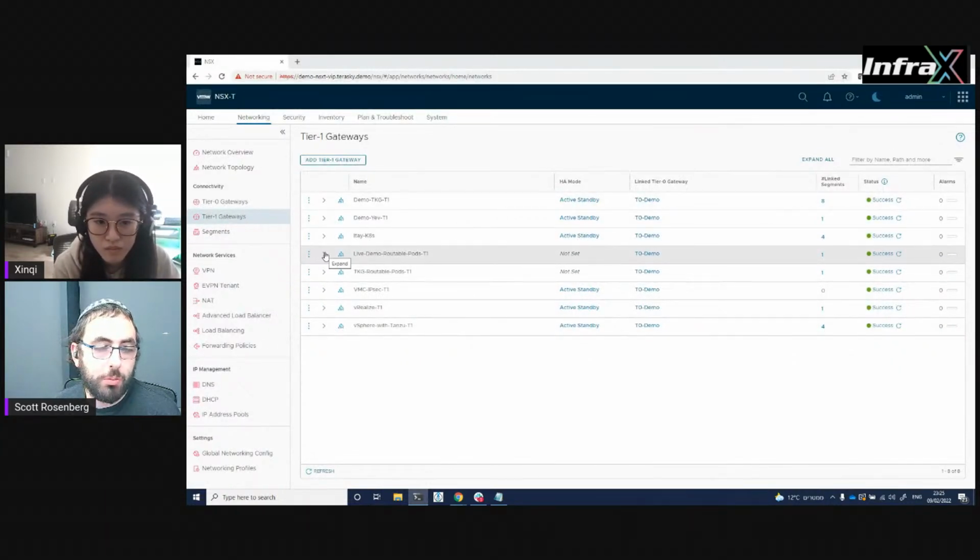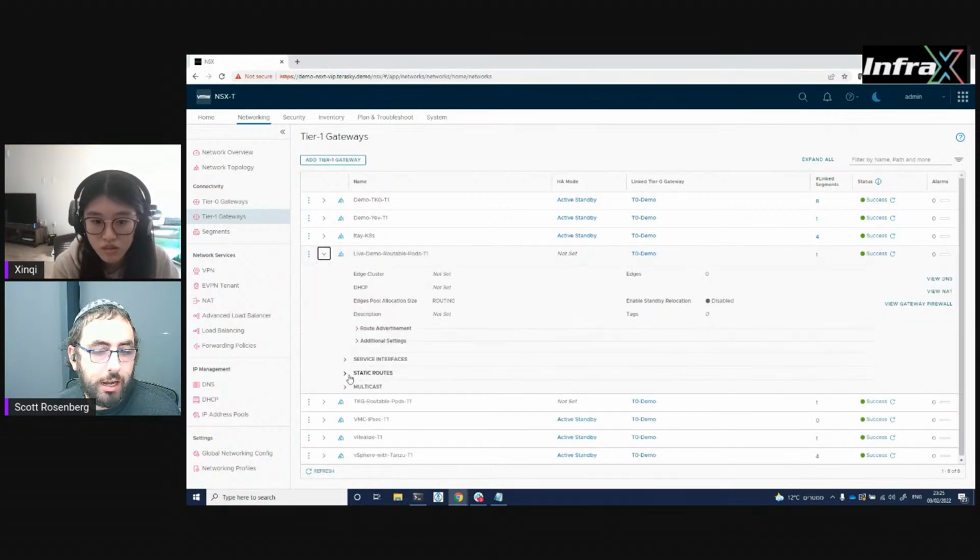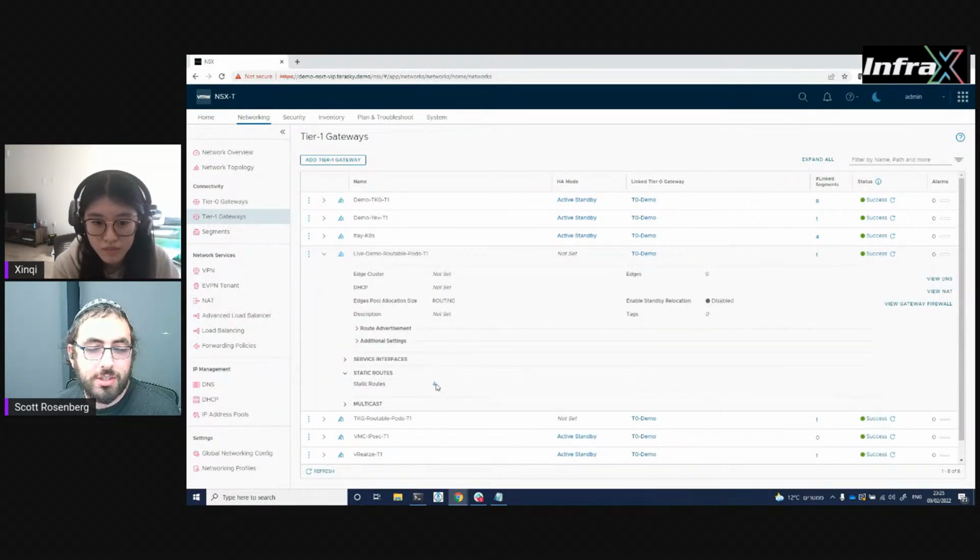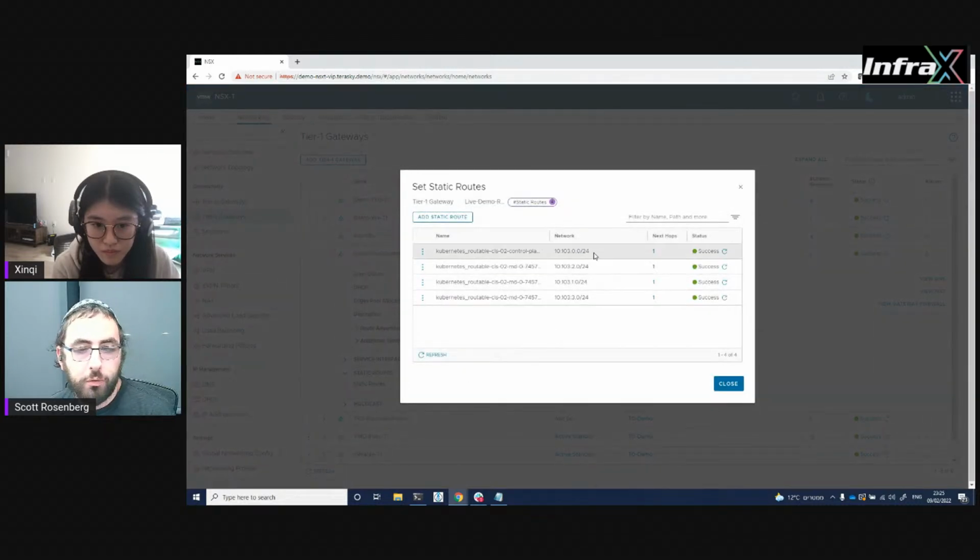If I go here to my tier 1 router and I look at my static routes, I can see that I have 4 static routes created. If we look here, again, what we were